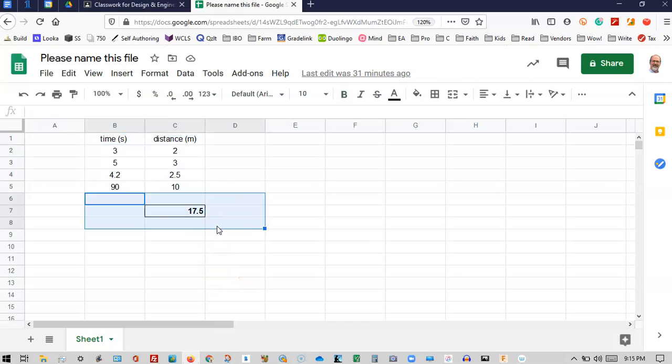Okay, I'm going to show you here how to write formulas into a spreadsheet and what the exact formulas are. First of all, I want to total this column of times, okay? So I can put it here, or I'm going to put it actually down here so it's a little neater. So I could add this on my phone, 3 plus 5 plus 4.2 plus 90, or I could do it in my head. But in this assignment, you have to demonstrate that you can do this with a formula on